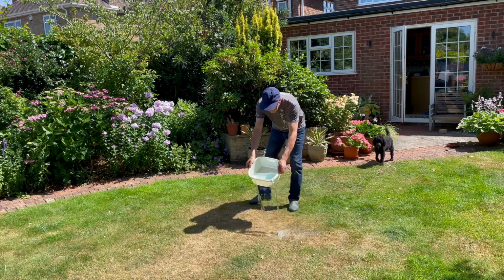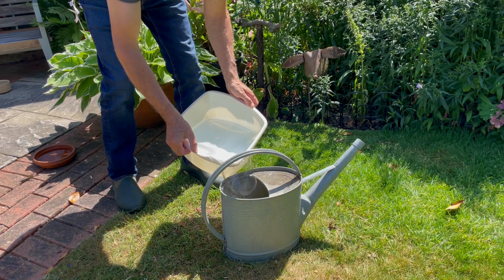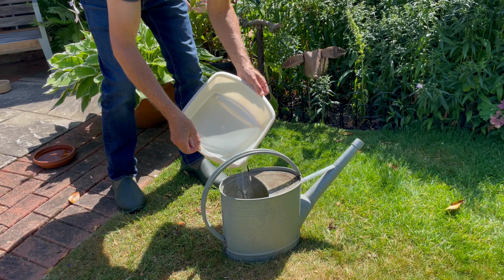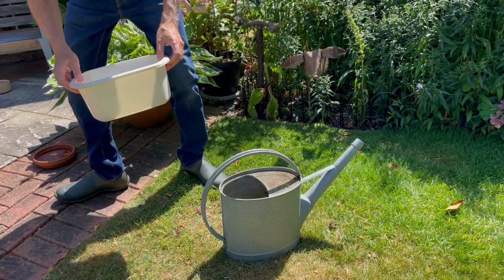If you've got some pots and containers, you can tip the water from the bowl into those, or you can just take the bowl itself and tip the water into your watering can and use that for watering around the garden. Recycling your own water, grey water it's often called, even if there's maybe a little bit of washing up liquid in it, it shouldn't cause a problem. But it's just when you're rinsing things, you're washing vegetables, you're rinsing mugs and cups and things, rather than just doing it in an open sink, put a bowl in there,